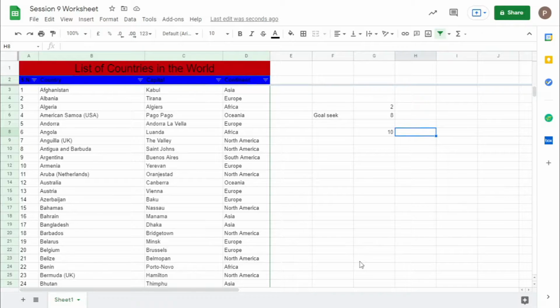But what happens if you have some long and bigger calculations? What will you do at that time? That is when goal seek comes into the picture. Goal seek is not built into Google Sheets.